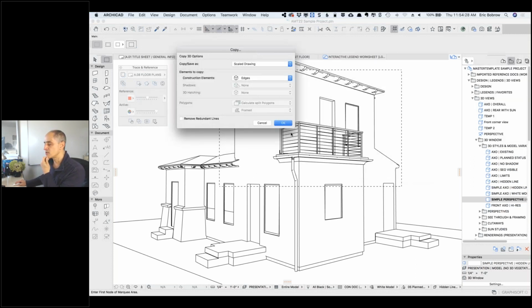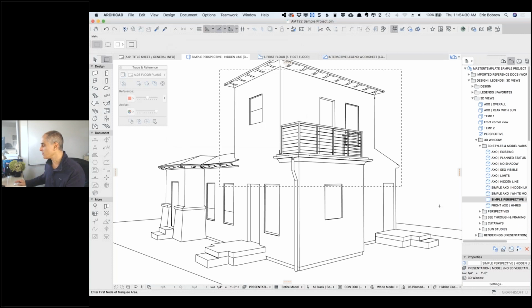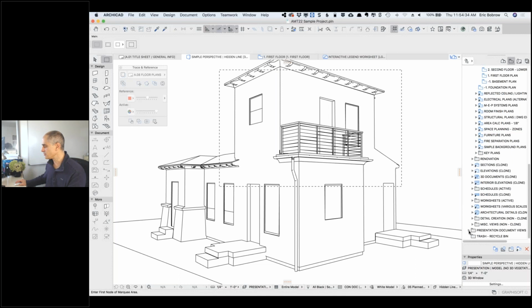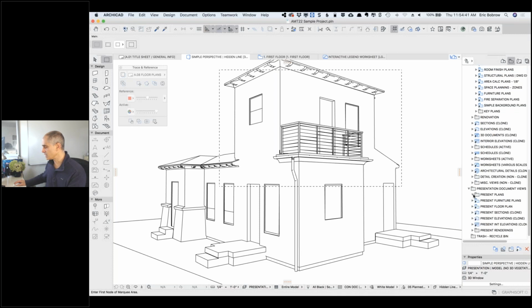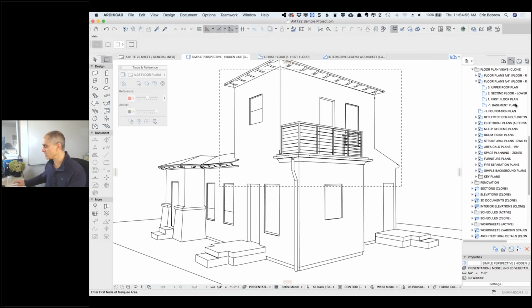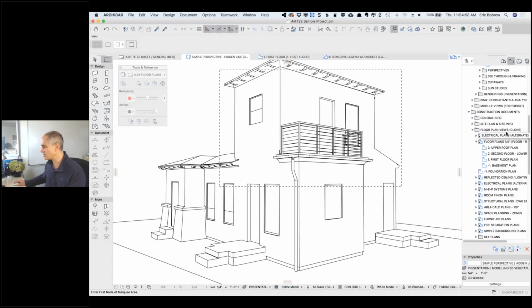here of the edges. And now there's a section here under presentation views. I think that's where I've got it, under present plans. Let's see, where is it? Present renderings. Now I just created this section with the sketch ones, and now I'm a little confused. Actually, let me just go into the worksheets, just because this is brand new,